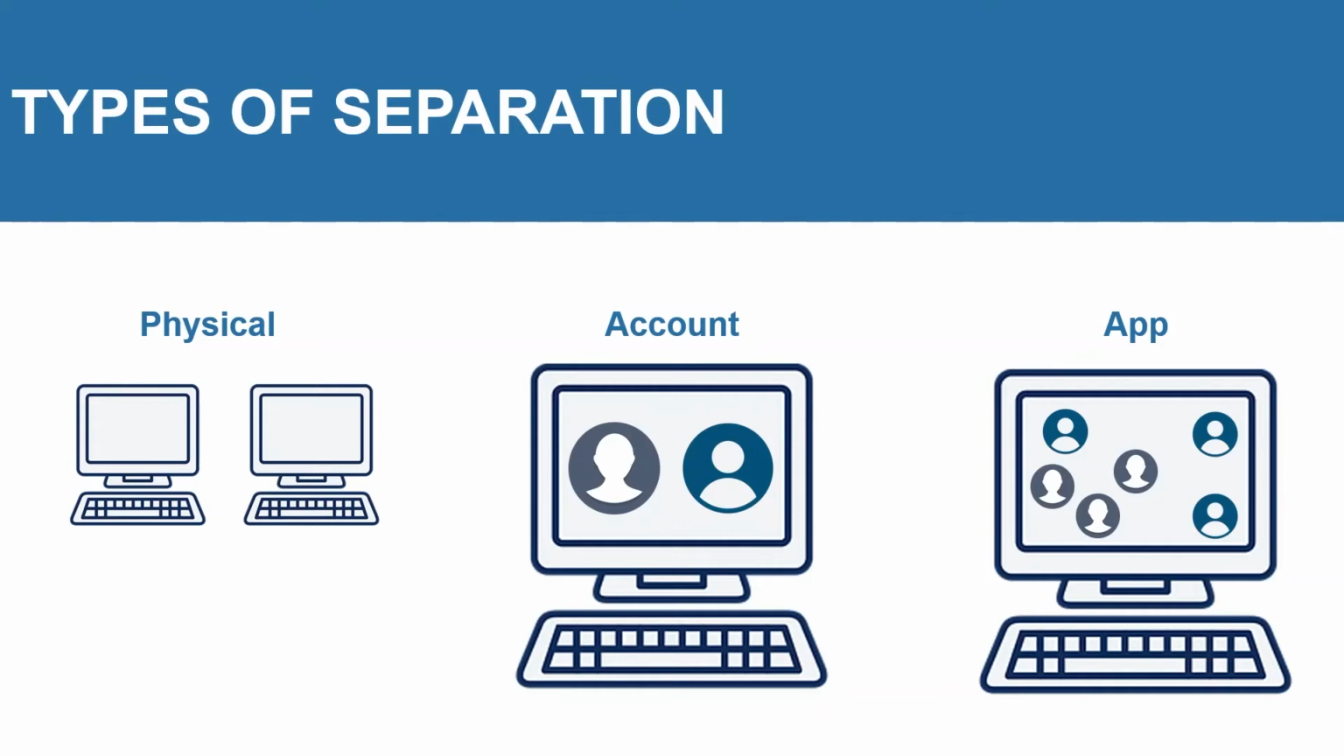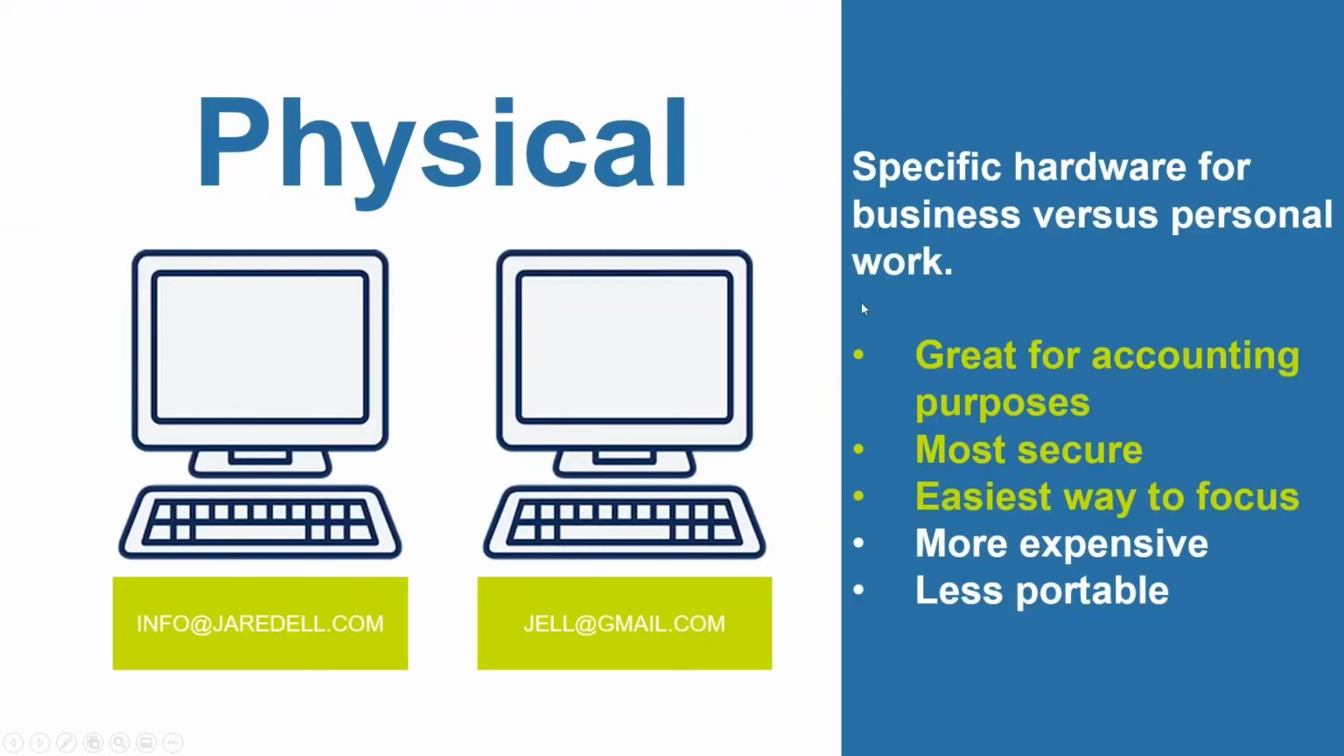Alrighty, so for this purpose, we're going to be looking at three separate types of separation, if you will. So we're going to look at physical separation, account separation, and app level separation. So in physical separation, you have specific hardware for business versus personal work. So you have a business laptop and a personal laptop, for instance. This is great for accounting purposes, right? If you have your business laptop, all your accounts and all of your software and assets are on that business